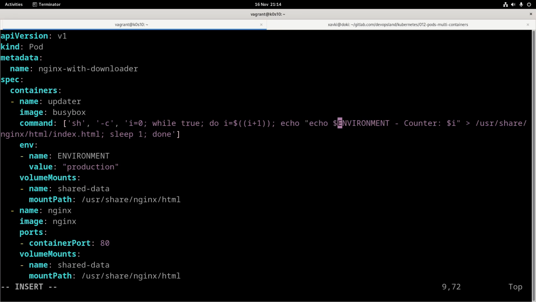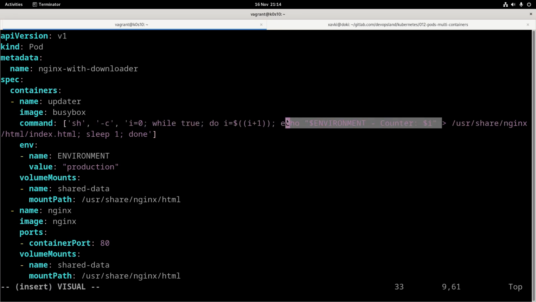Yes, I can remove this one. Don't need to have two echo. So we have the environment variable here, and a counter where we just want to show the value of the e variable, and we push the content of this echo into our index.html page, and we just want to sleep 1 second before incrementing our e variable again.